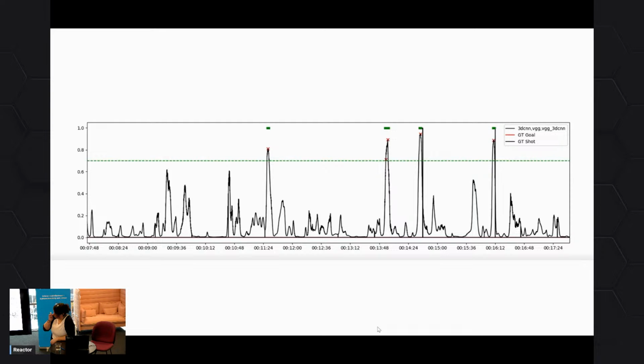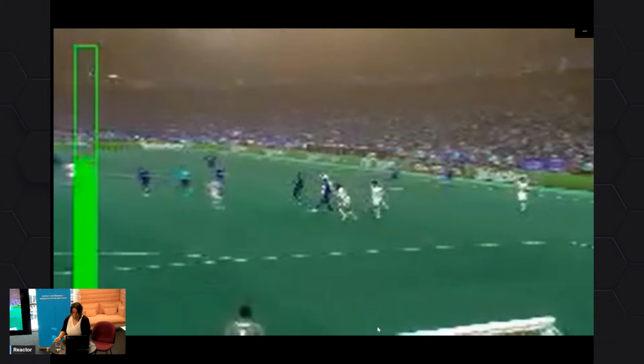We looked at this and set a threshold for when we thought it was okay and not okay. But this was a very difficult piece of the puzzle, figuring out the actual accuracy. So one of the things that we did was put a marker on as an overlay of the video, showing when there was something interesting going on, it would go very green, and if there was not, it would go not so green.